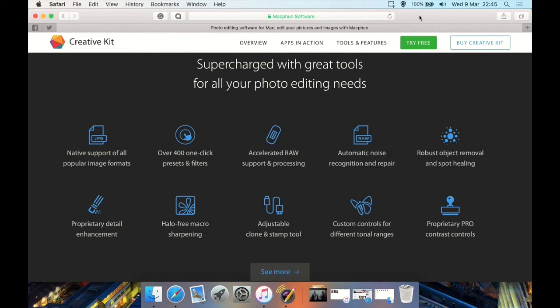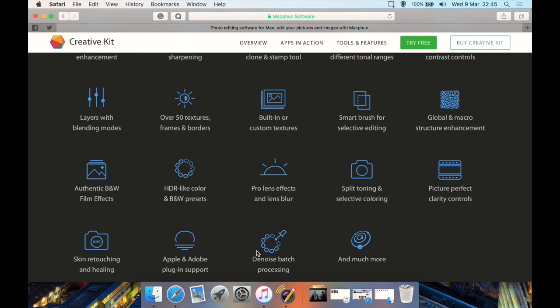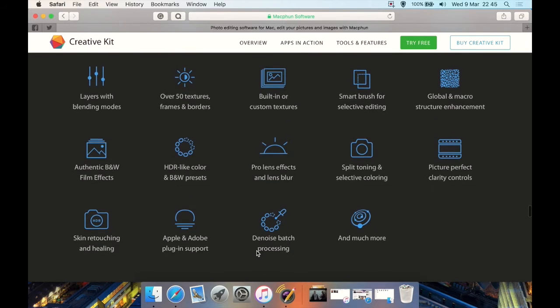Supercharged with great tools for all your photo editing needs. You've got native support for lots of image formats, including RAW file format, over 400 one-click presets and filters, advanced RAW support and processing, automatic noise recognition and repair, robust object removal and spot healing, proprietary detail enhancement, halo-free micro sharpening, adjustable clone and stamp tool, custom controls for different tonal ranges, pro contrast controls, and let's see more. Layers with blending modes, over 500 textures, frames and borders, built-in or custom textures,